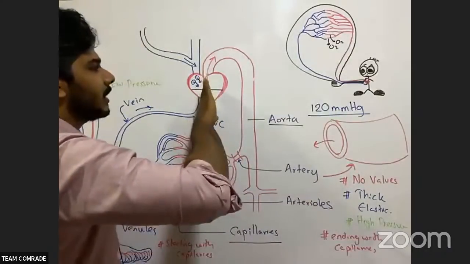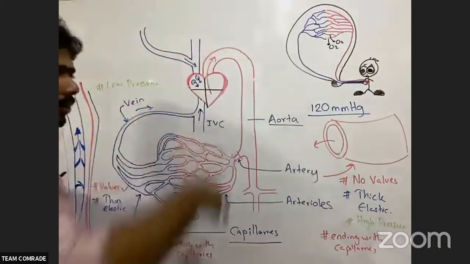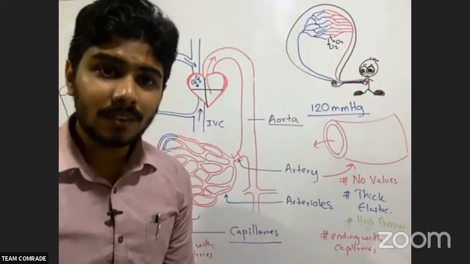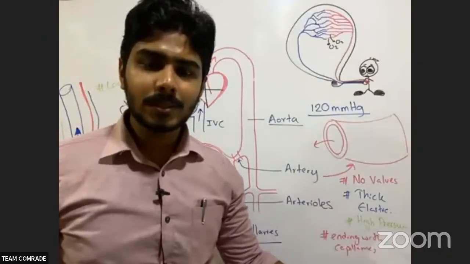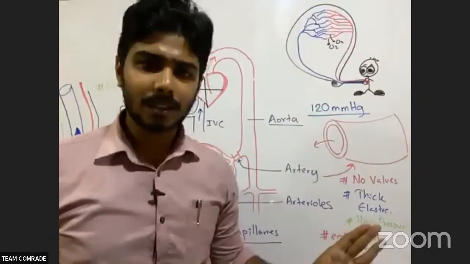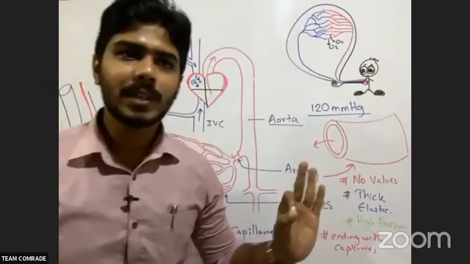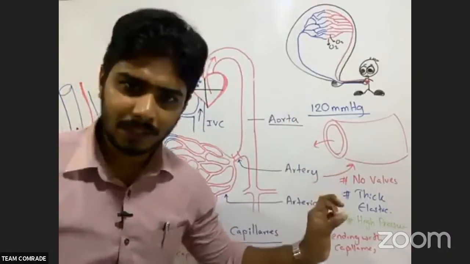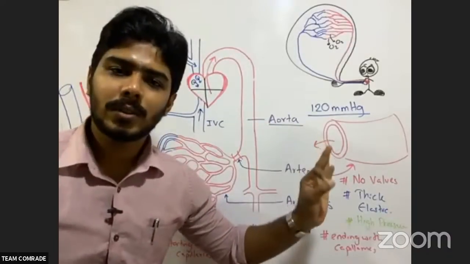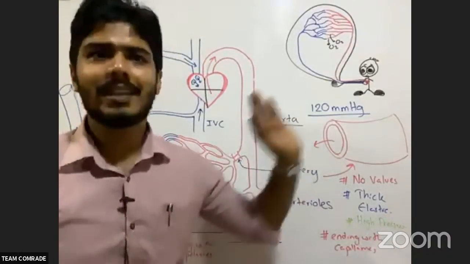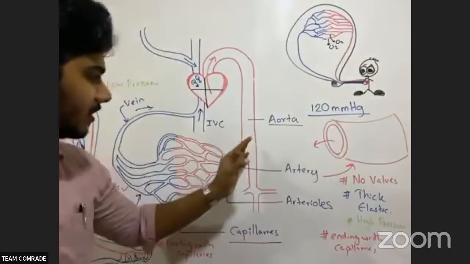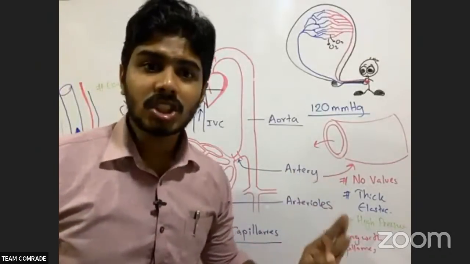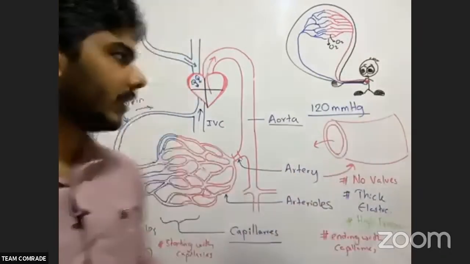Now here you see, always arteries are taking blood away from the heart. Pulmonary arteries included, they are also taking blood away from the heart. But the only artery which carries deoxygenated blood, for your knowledge, is the pulmonary artery. Generally I can tell you that all other arteries carry oxygenated blood to the entire body, right?